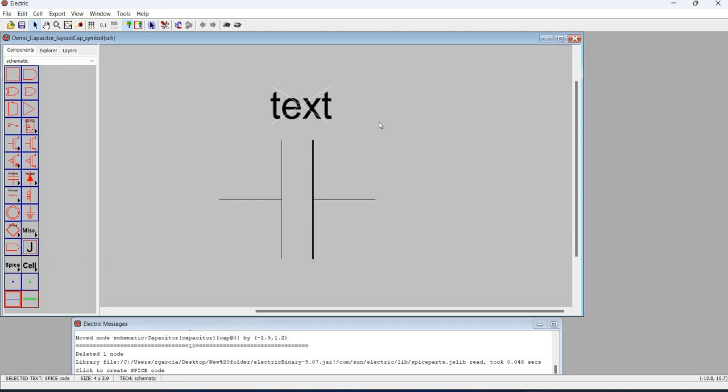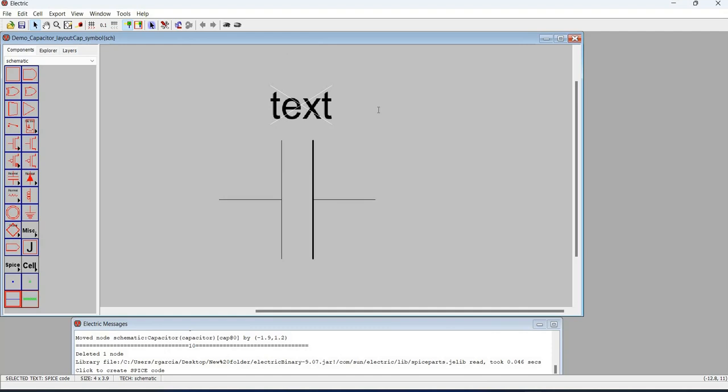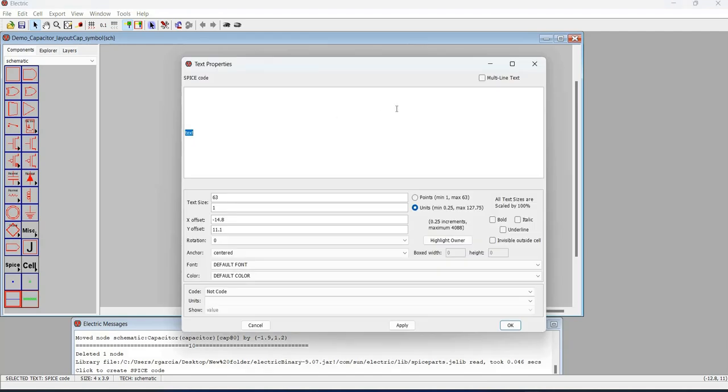So for the spice code, you can use the key Control I, then type your spice code.